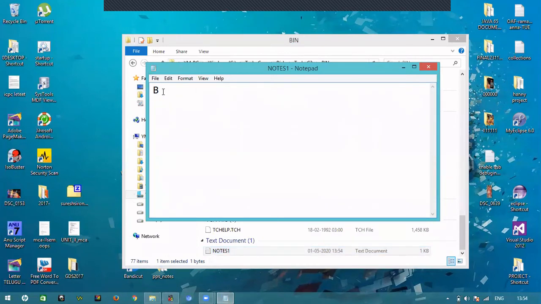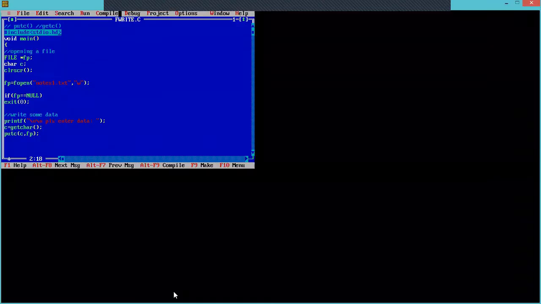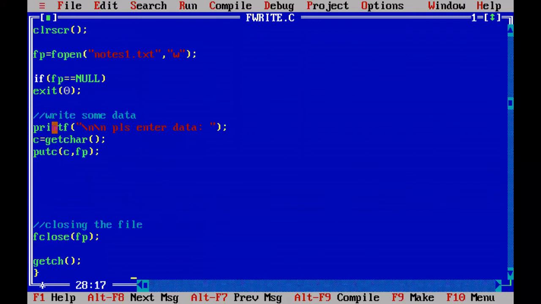But my intention is that this much file is there, and we can even write more data. But why are you writing only one single character? You are able to write multiple lines, multiple characters. For that, what do we have to do? We will go to the program. We have taken only one single character, and by using the putc function, only one single character is written into the fp file.